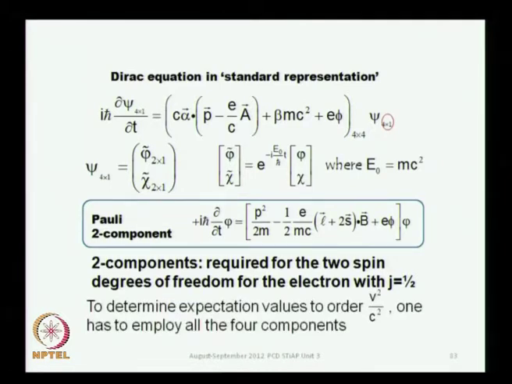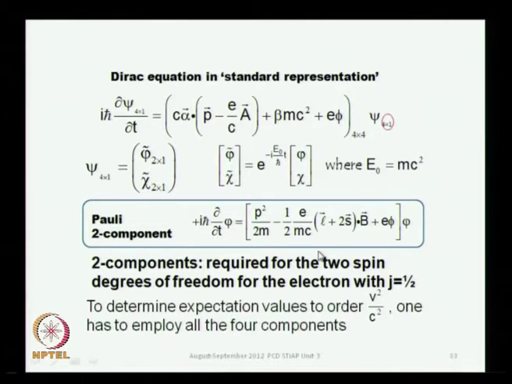Now, this is not really very satisfactory, because if you have to do quantum mechanics, you have to not just look at the Schrodinger equation or the Pauli equation, but you have to do some physics with these equations. Like with the Schrodinger equation wave function, you want to look at the probability densities, the charge densities, expectation values of operators and so on. So, there is a lot of other things that you do, and when you begin to do that, it turns out that you end up mixing the large component with the small component, you cannot avoid it,